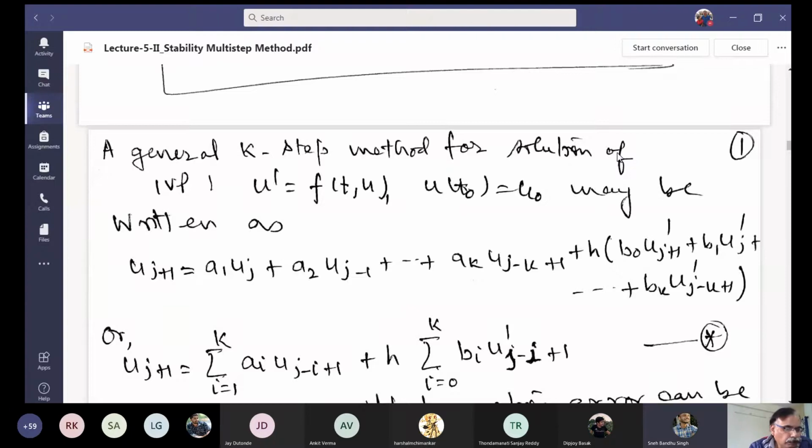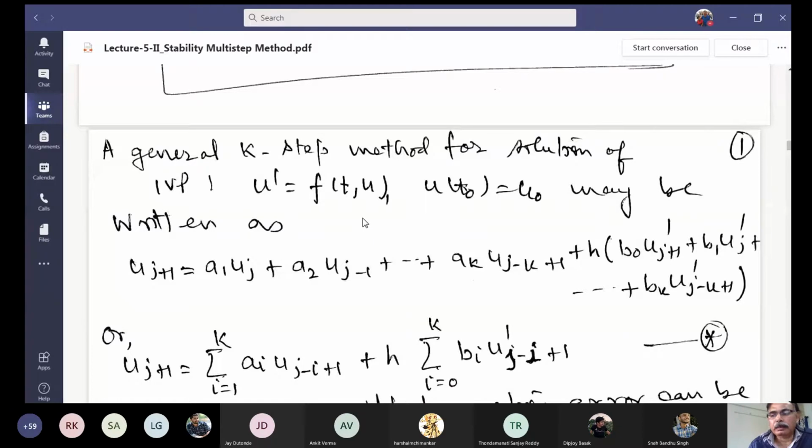Yes, sir. Okay, so I will use the same notation here again, and the thing which I have explained on that turn you can see here directly. As I have told, whenever you want to move further, in any method you have to write u(tj+1), u(tj-1), everything in terms of u(tj), and then your local truncation error can be calculated from there. So the similar thing we are going to see here, in terms of your Cps.